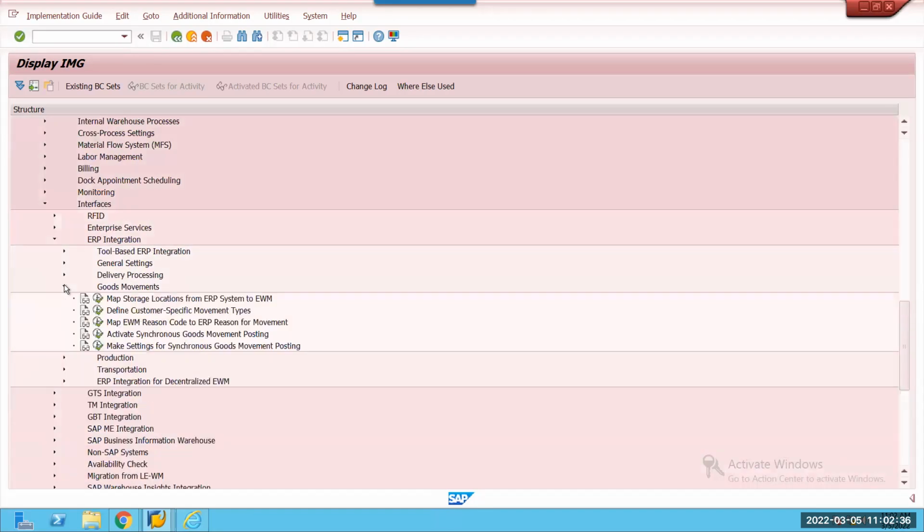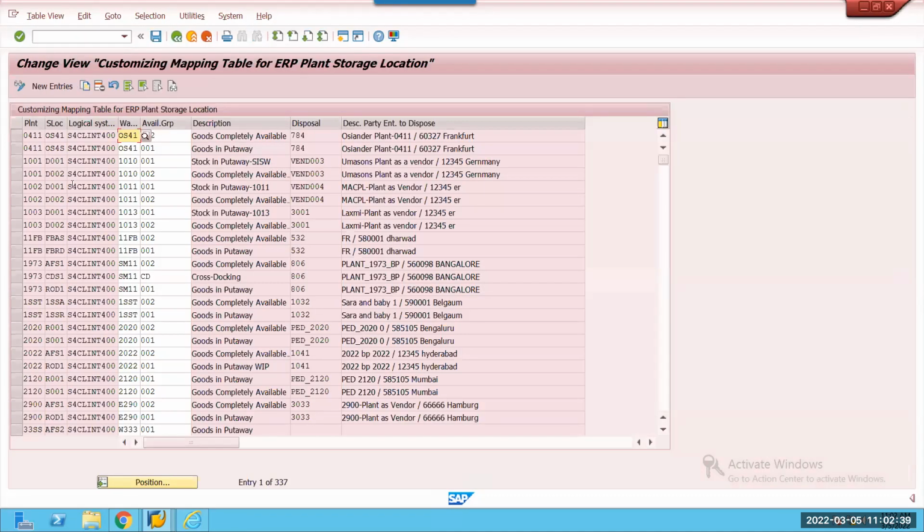The other thing is goods movements we are talking about here. Same warehouse number. This is not a mandatory field. Warehouse numbers are available to you. So if the warehouse number is there and anything is changing, you can add it over here. For example, 11FB. Now I want to add 11FB X bar X BRD. It's going to accept with the same warehouse number. So that is going to be a different party entitled to dispose. So this will come as blank for us here.